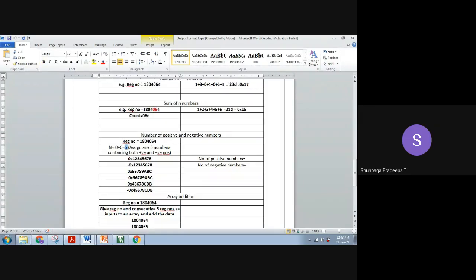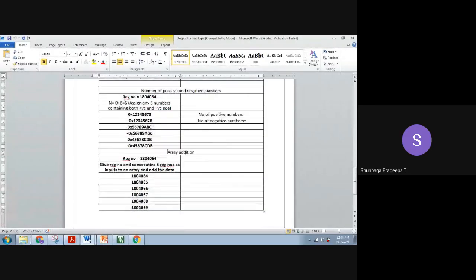For example, I have given some numbers. You can give your own numbers. Suppose if it is 20, then 2 plus 0 is 2. So then you can have only 2 elements in the array. So minimum you have 2. If the sum is 1, you can give 2 numbers because you should know how to count positive and negative numbers. Minimum 2 numbers you can give.